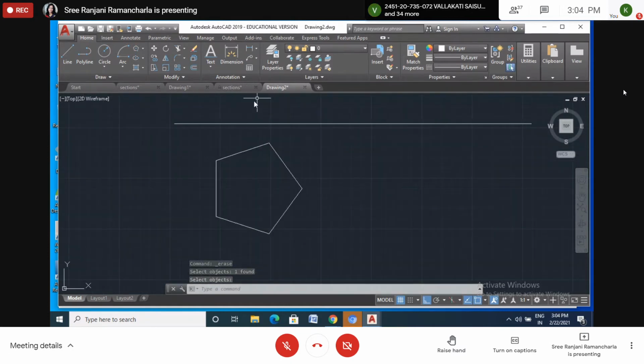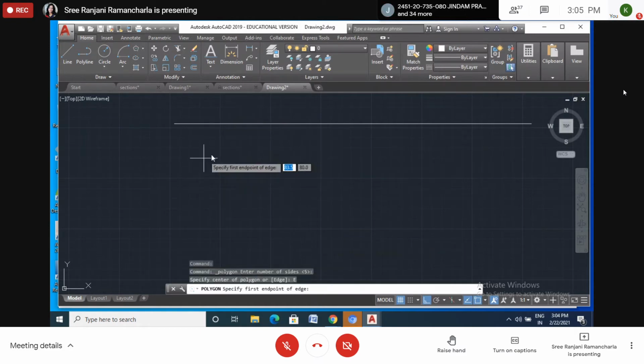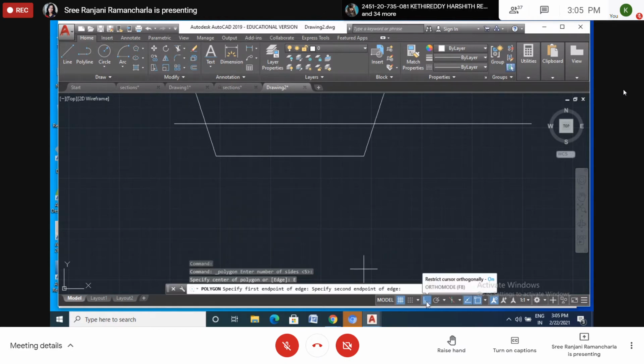Okay. Now, this is not as per the given size. The base edges are 30 mm, right? Edges are 30 mm. So, I will remove this and again draw the base in the same position. Now, I will take a pentagon with 5 sides. Now, I will draw the perpendicular position. Why am I getting a perpendicular? Because ortho mode is on.